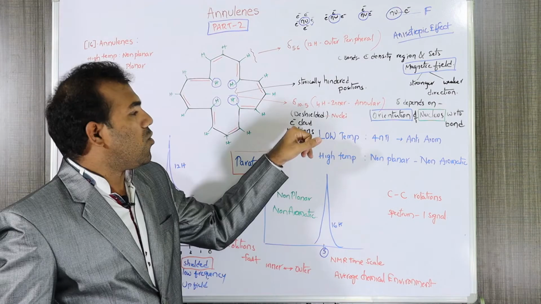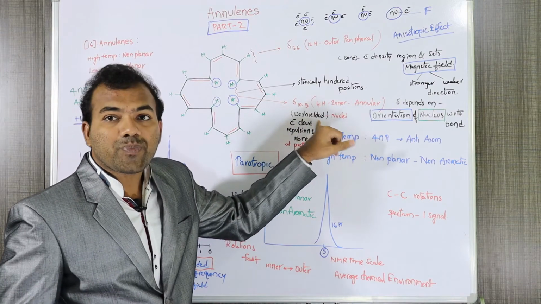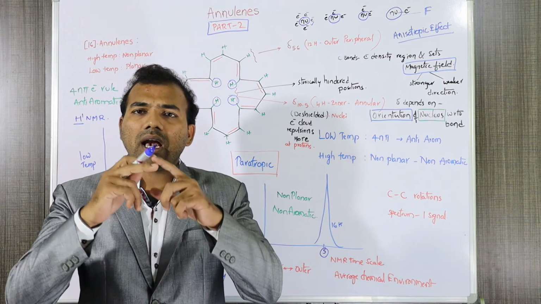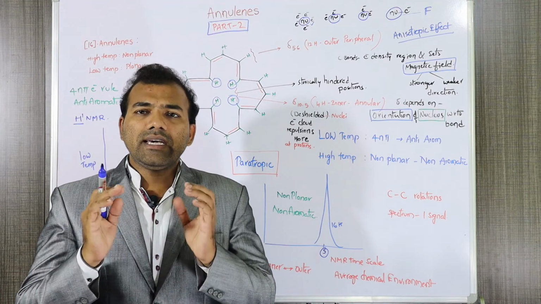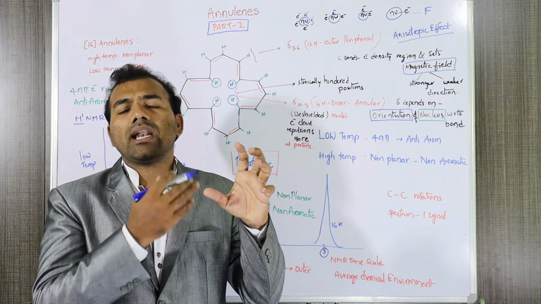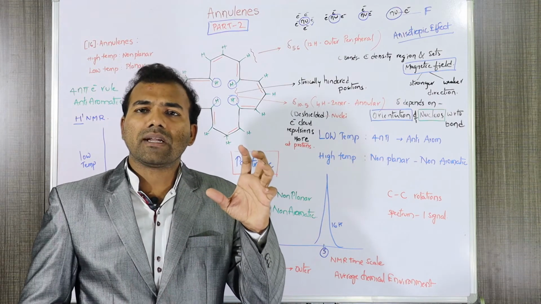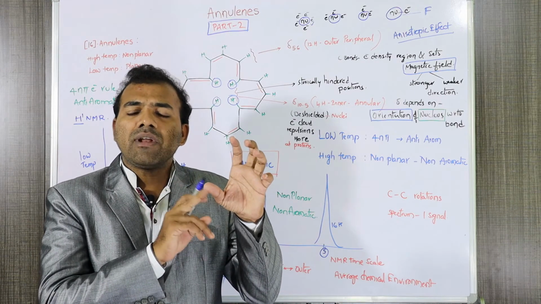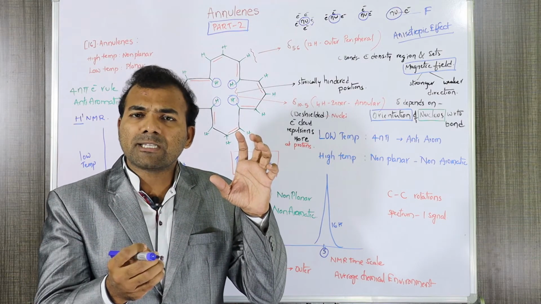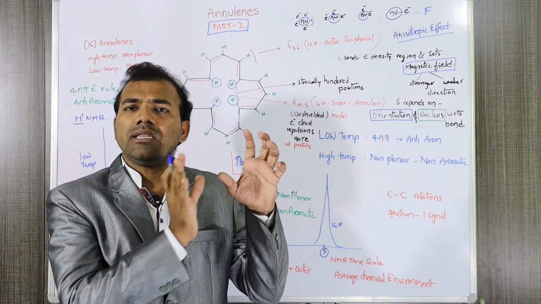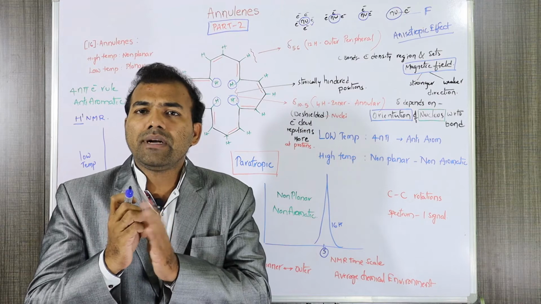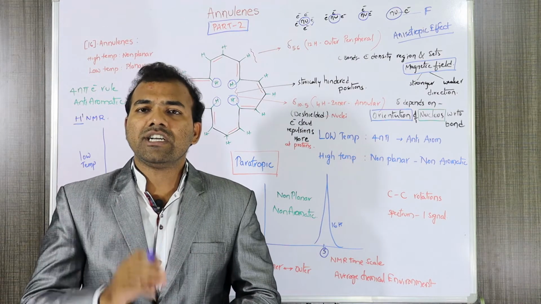Another factor is van der Waals de-shielding. So what is the van der Waals de-shielding effect? If the nuclei with the electron cloud around are near another atom which also has a large electron cloud, then what will happen? These electron clouds will repel the electrons from the nuclei, so that the distance between the nuclei and the electrons will get more. Automatically these nuclei become de-shielded. That is the van der Waals de-shielding effect.